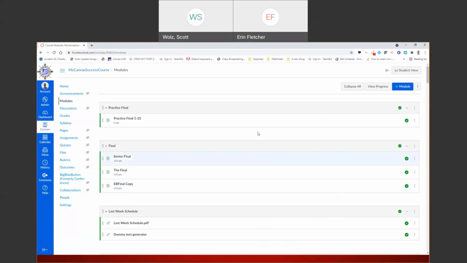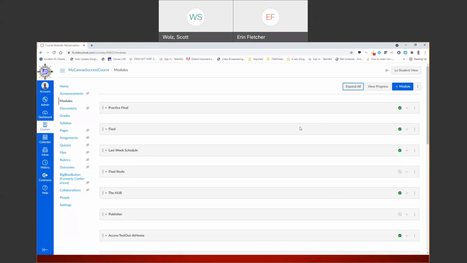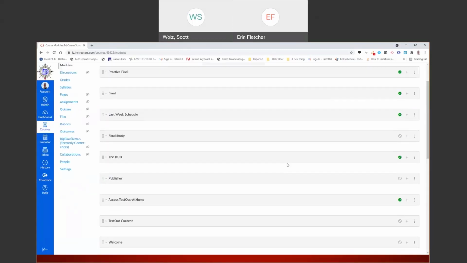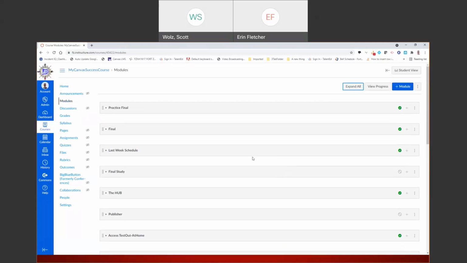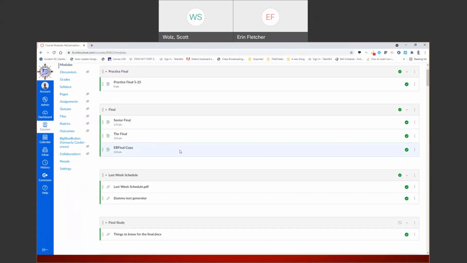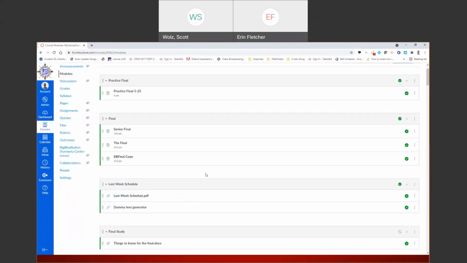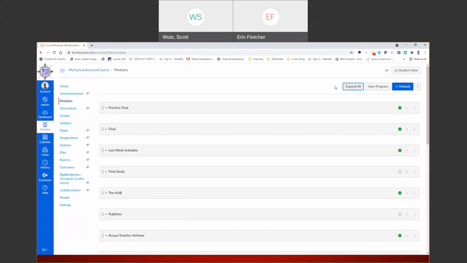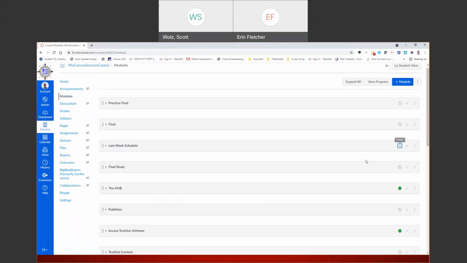The big thing with the modules, let me go ahead and collapse all this. As you can see with this stuff that I just brought in, this is the course that I just imported. And you can see everything that I had published from last year is still published now. So you might say to yourself, does that mean I have to go through and unpublish each and every single one of these assignments? No, it does not. I just hit collapse all, and you can unpublish all of